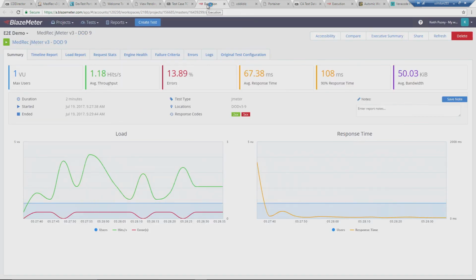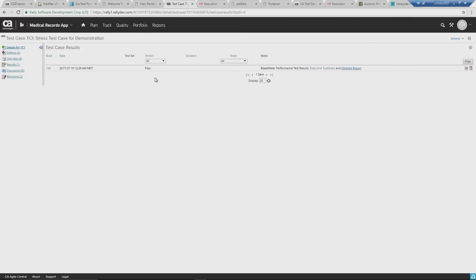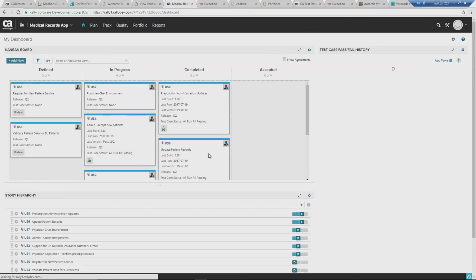So here's our performance test case. So from Agile Central, we've got the link back to BlazeMeter to look at this. If there's been a failed test case, we can go and look at BlazeMeter, look at the logs, understand what happened. If I go back to our Kanban board and we look at the other user story,